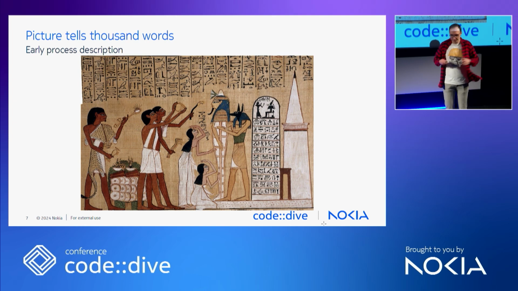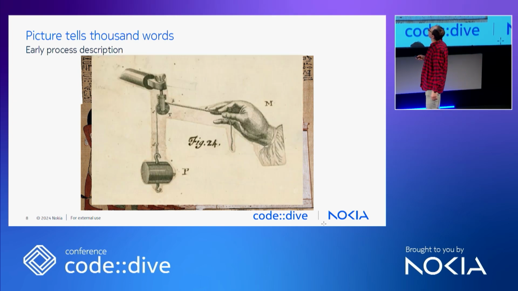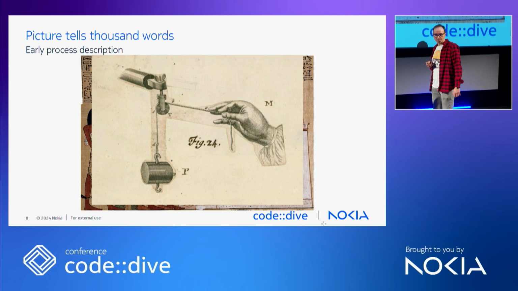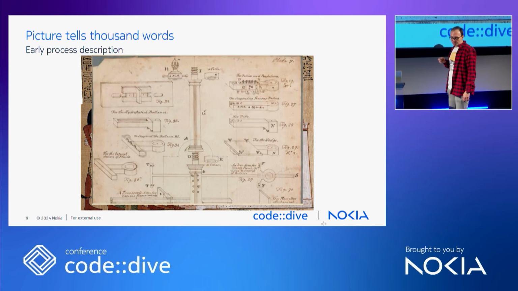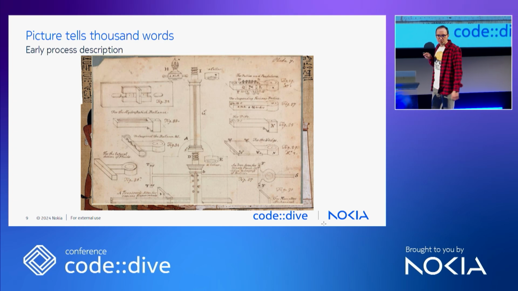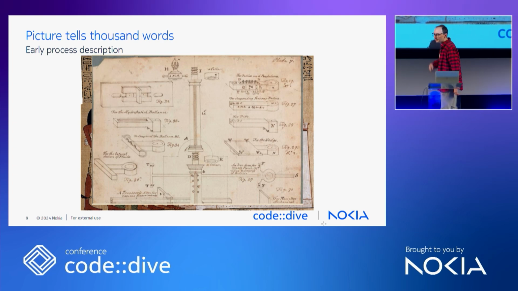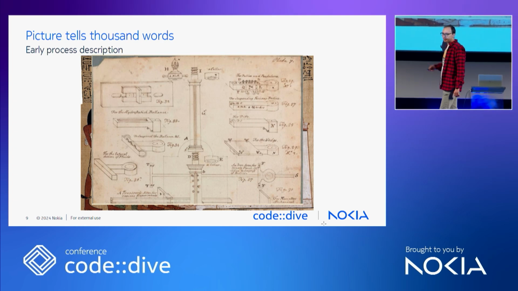Yeah, engineers. We software engineers take our humble roots in mechanical engineering. So pictures like that, and mechanical engineers were the people who gave us the first standardized process description in the form of a picture, in the form of a diagram.